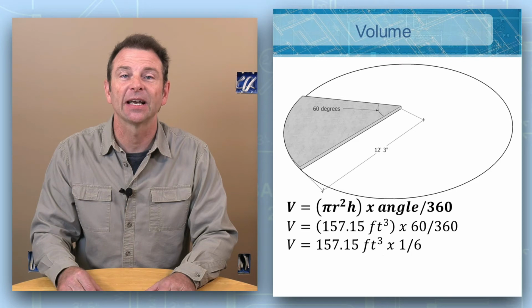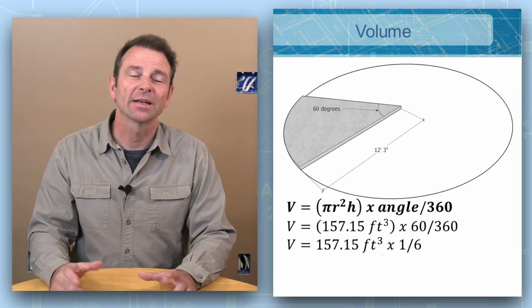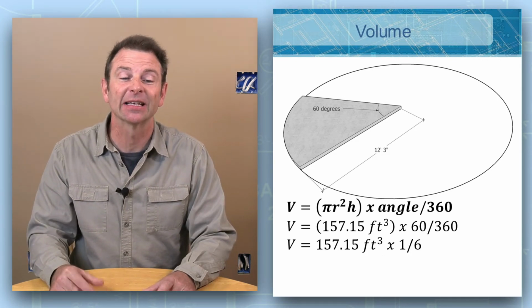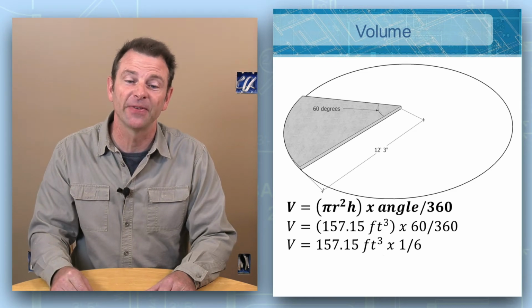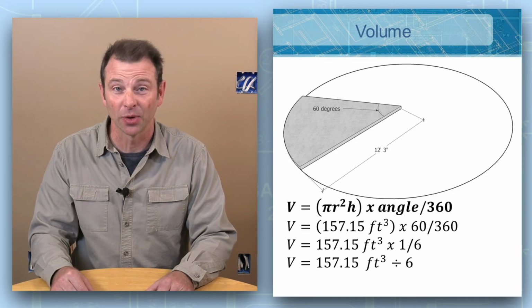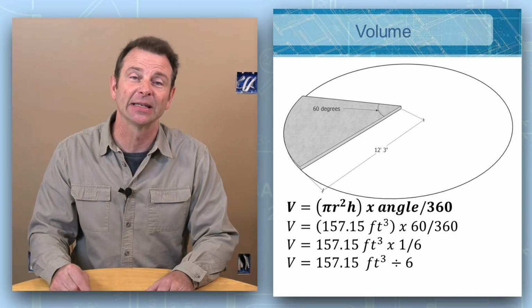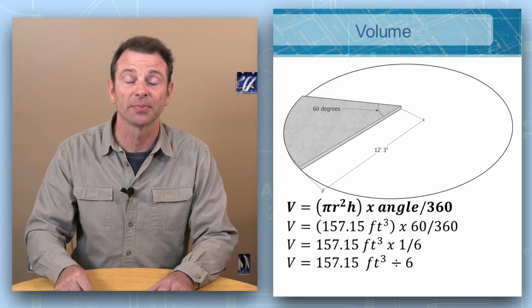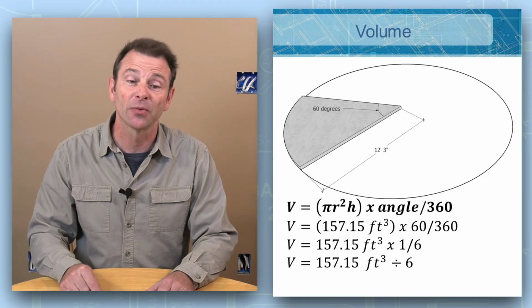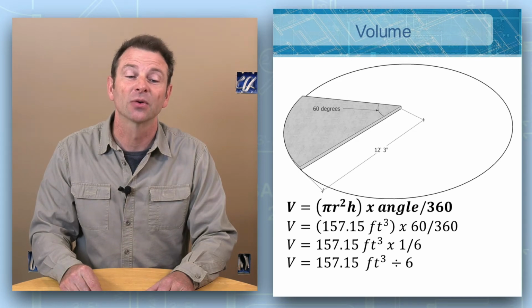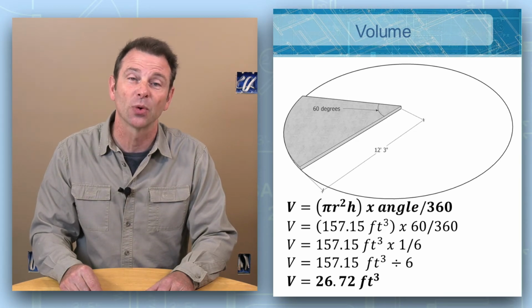Now we have 157.15 cubic feet times 1/6. We can express this in a different way that makes it easier to calculate. The same thing as 157.15 cubic feet times 1/6, the equivalent to that would be 157.15 cubic feet divided by 6. We're just inverting the fraction, and when we invert the fraction, we can turn our multiplication into division. So now when we solve this, 157.15 cubic feet divided by 6 will give us a cubic foot measurement of